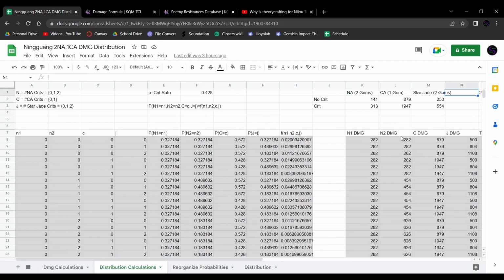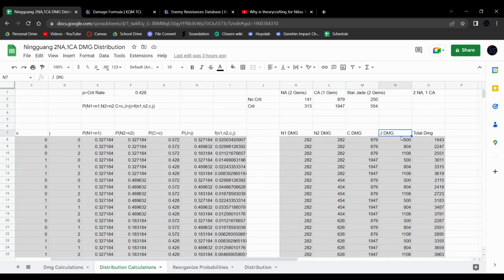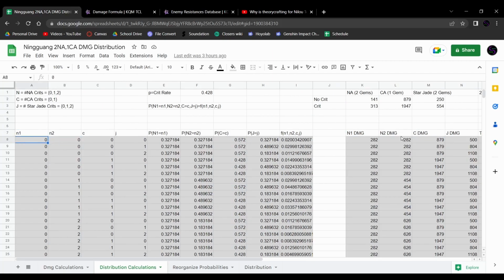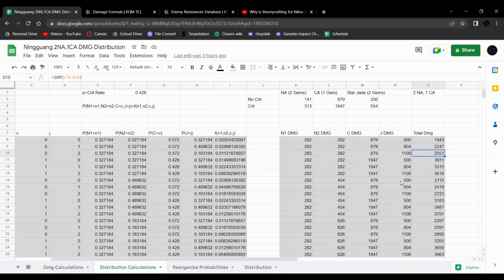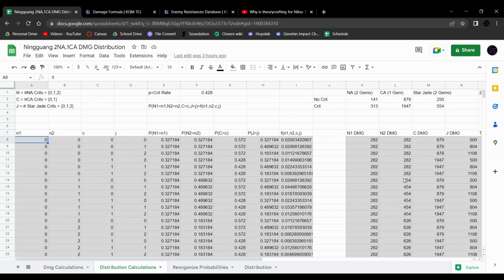Then, next thing I did was calculate the damage that each scenario did. So it's pretty easy to calculate. Since none of them crit, we basically just say both gems didn't crit, and we calculate the damage based on if both gems didn't crit. It's very simple. It's not too hard. I think this one is actually easier. It is a lot easier for most people to understand. So yeah, we have the total damage, and then we can just add these all up to calculate the total damage for a given sequence of